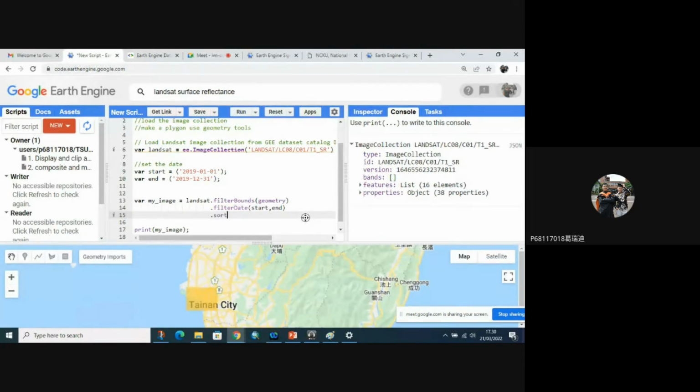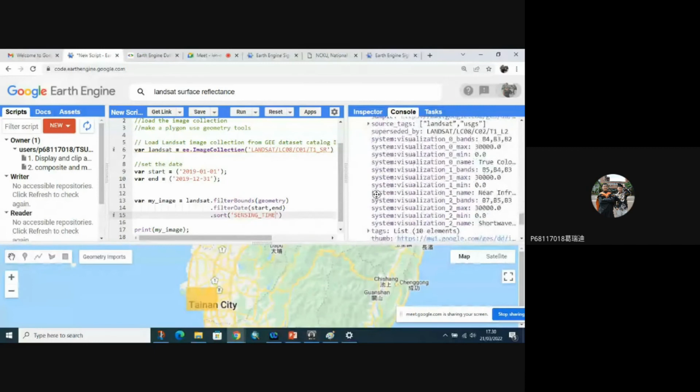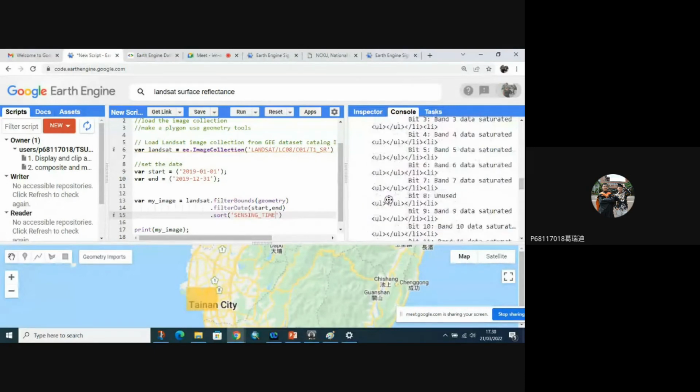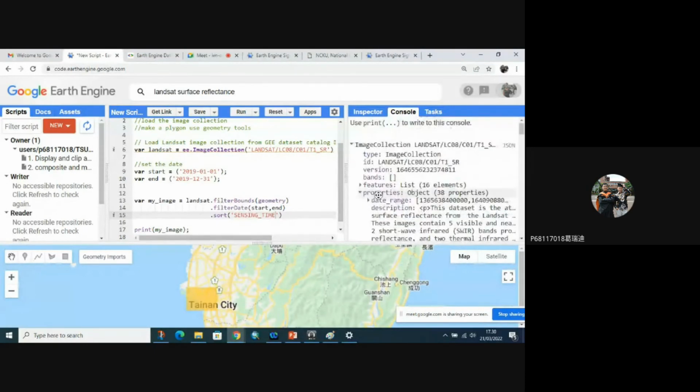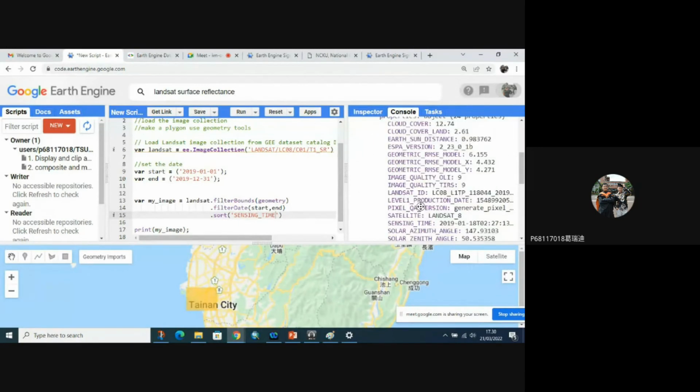Using sort to sort your data. Maybe I want to sort based on the time acquisition of the images. Sort sensing time. Why use sensing time? Because it is one of their properties. Where is the sensing time?